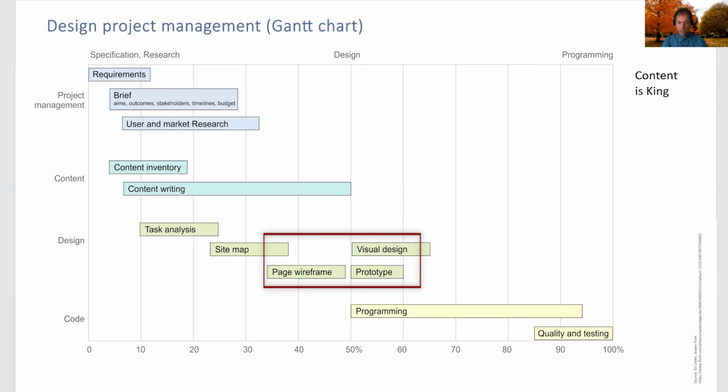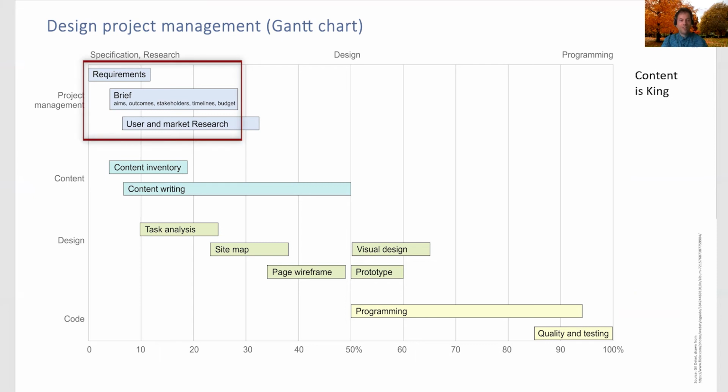All three here, if you can see, they stand around 50%, so halfway through the project. Because the first aspect of design is not the look, it is not the shape. The first aspect of design here is requirement. It is your user research, which is what I'm going to look into today.